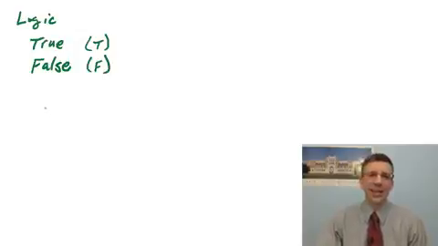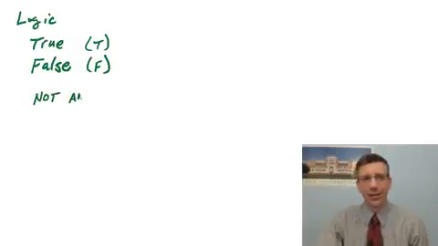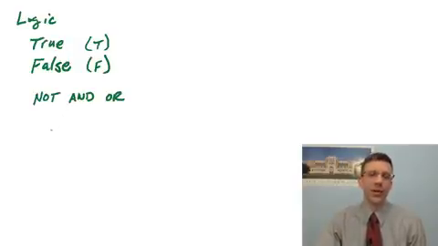All right, now, it's all well and good to be able to have values that are true and false, but that's not too interesting unless I can combine them in some way. So Boolean logic includes the operators not, and, or. Now intuitively, I think you probably understand these from the definition of the English words not, and, or, and you can kind of work your way through what they mean, right? But I want to be mathematically precise here, so I'm going to give you the exact definition of these three